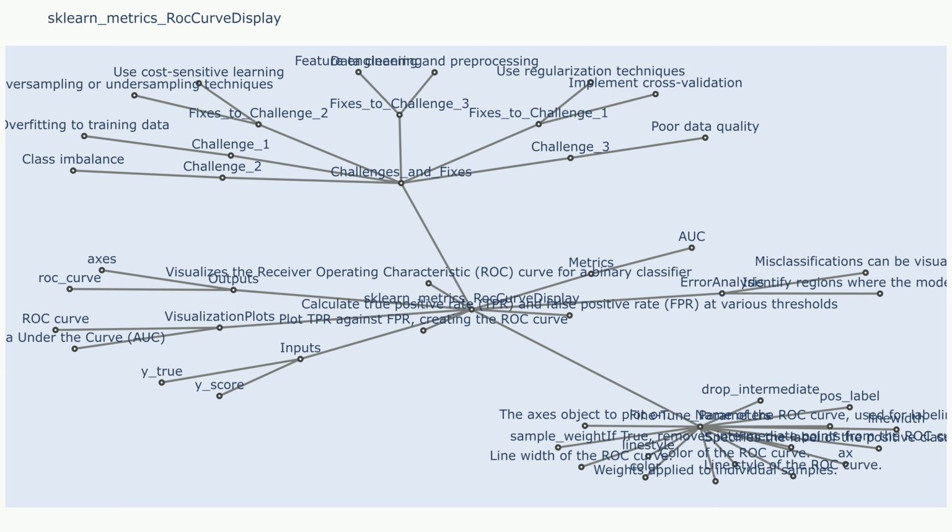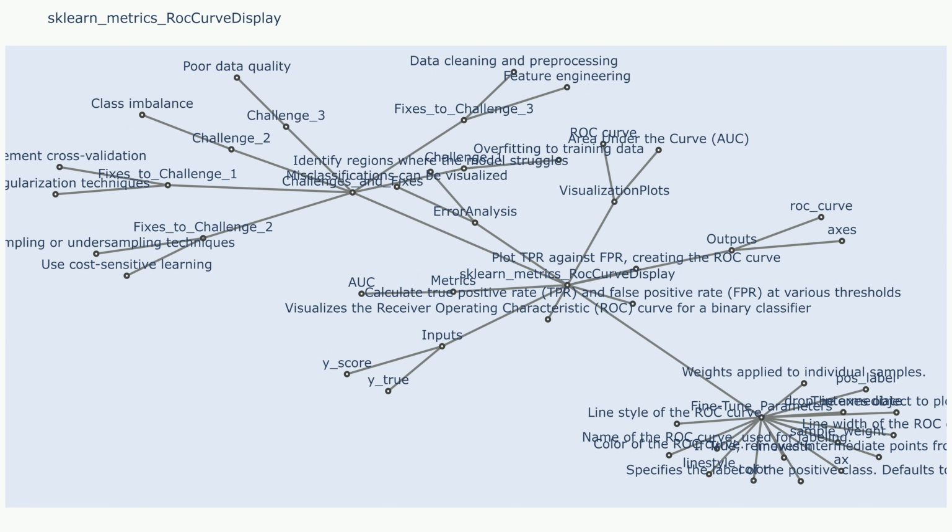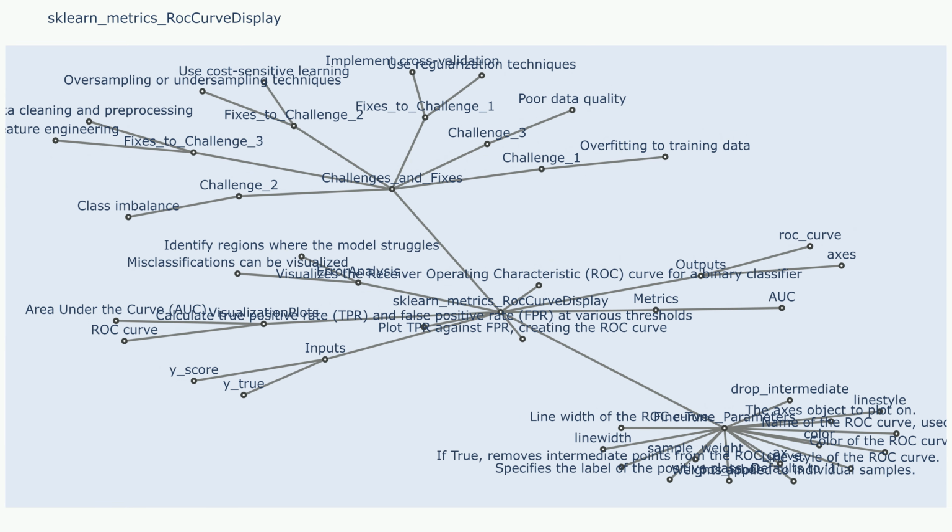y_score: this is the predicted probability or score vector output by the binary classifier. It should be a 1D array with the same length as y_true. Estimator: this is an optional input that represents a fitted binary classifier model. If provided, the estimator's predict_proba method is used to obtain the predicted probabilities for the given input. Data ax: this is an optional input that allows you to specify an existing matplotlib axis object where the ROC